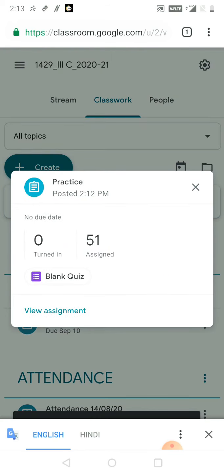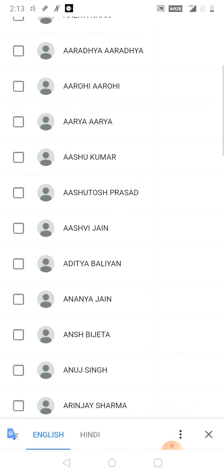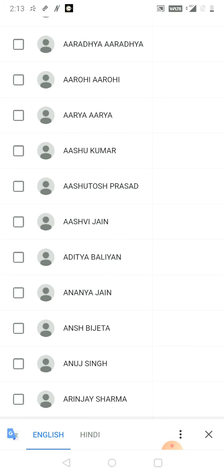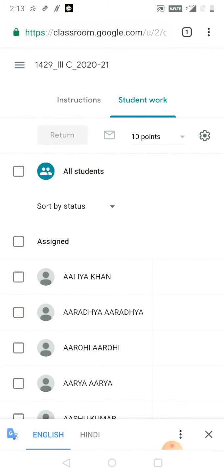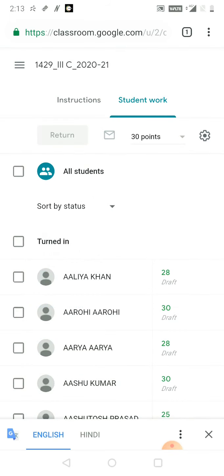When we open it, we will view the assignment and you can see the student work. As I have not assigned any such quiz to them, but I have one more quiz which I had already assigned, I will show you. See, this was the test which I had already assigned to them. I am opening it.